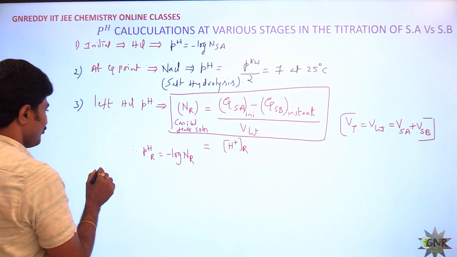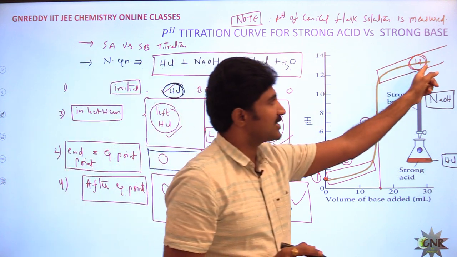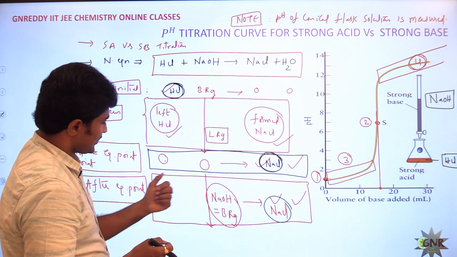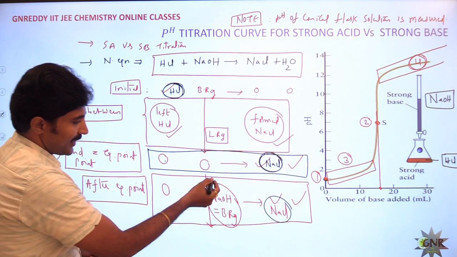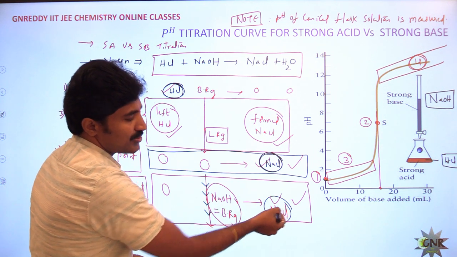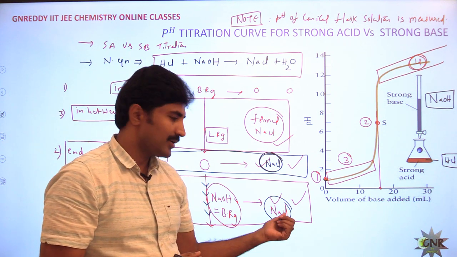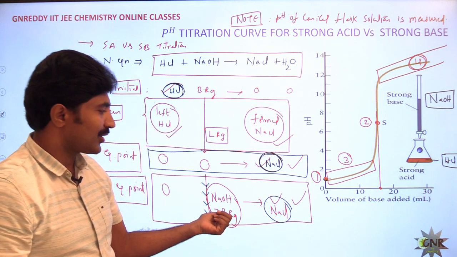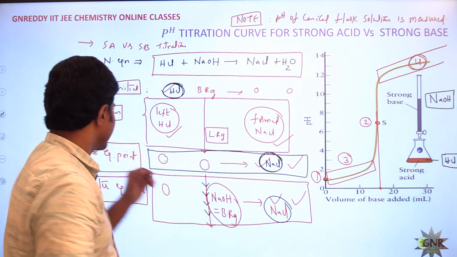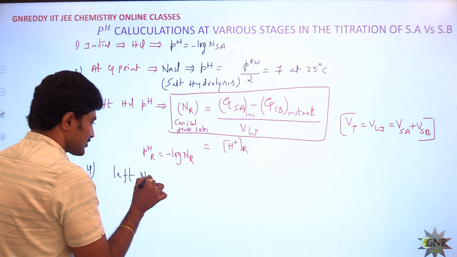And next the fourth one, this is after the equivalence point. After the equivalence point what happened? At the equivalence point already these two are consumed, and which are left? After the equivalence point, you are gradually adding sodium hydroxide, and also sodium chloride was formed at the equivalence point. Sodium chloride is a neutral solution and its pH is like water. Therefore whatever left sodium hydroxide equivalents there are, that represents the pH of the solution at that instant. Now if you take this one, this is the left sodium hydroxide.